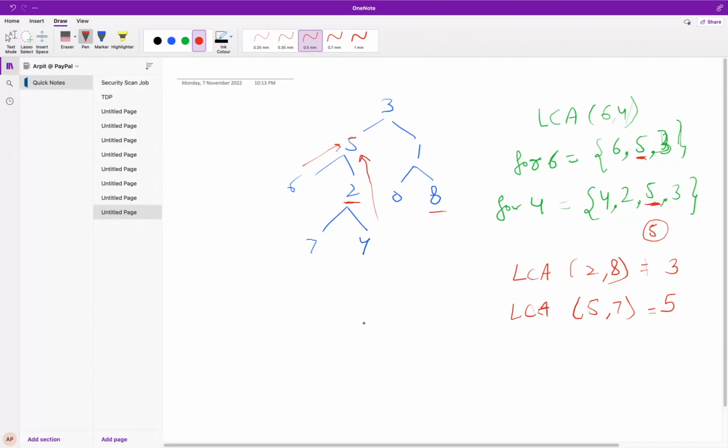For finding this, what we will do is start from the last node. Let us start from the last node. So for 4,